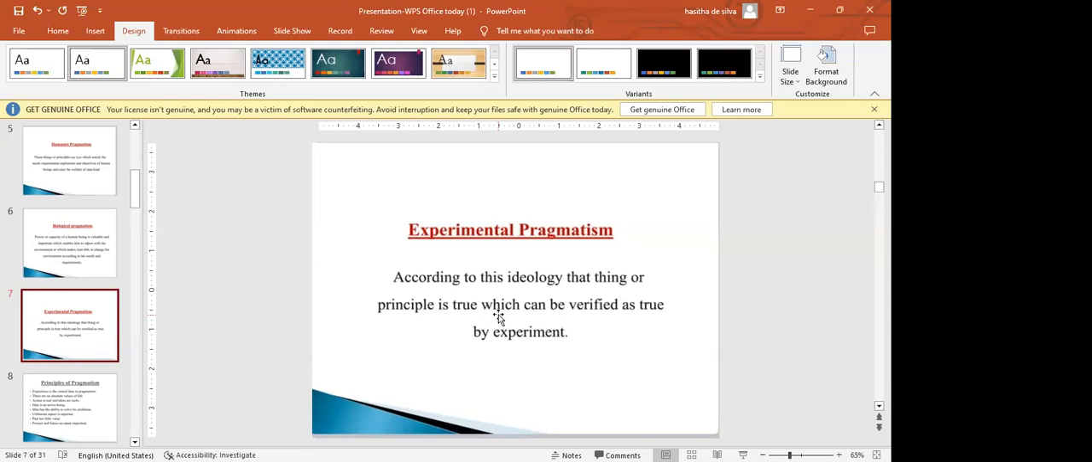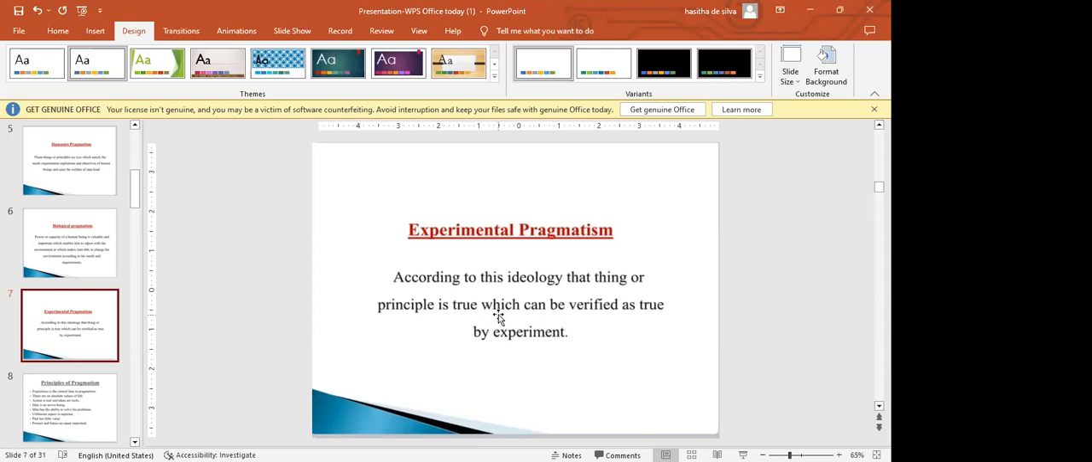Experimental pragmatism recognizes that theories and beliefs should be subjected to empirical testing to determine their validity and utility. It emphasizes the value of experimentation as a method to gather evidence, observe outcomes, and make informed decisions based on practical results. This approach encourages individuals to engage in active experimentation and to base their beliefs and actions on the